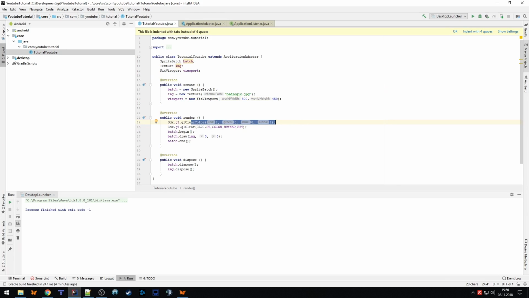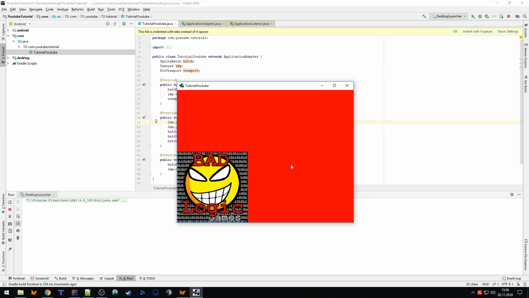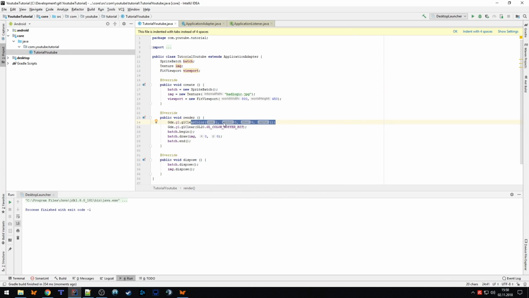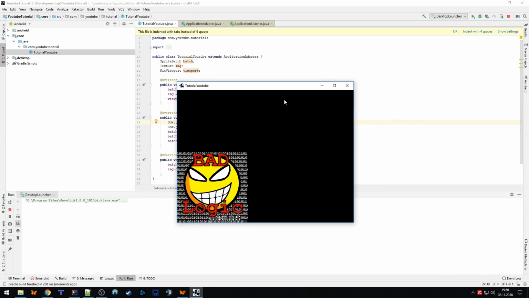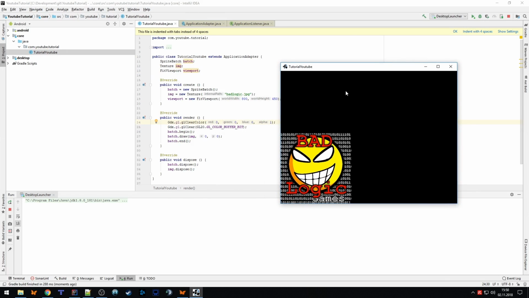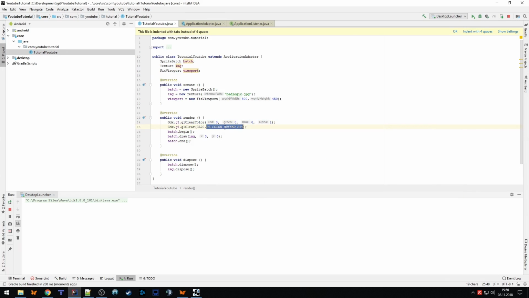Currently we see that it's red, so when we start it, you see this red color here, but we can also change that, for example, to a black color. Okay, then it gets cleared. That's the so-called clear color. So that's what you see here. This one, I don't know, but just use it.